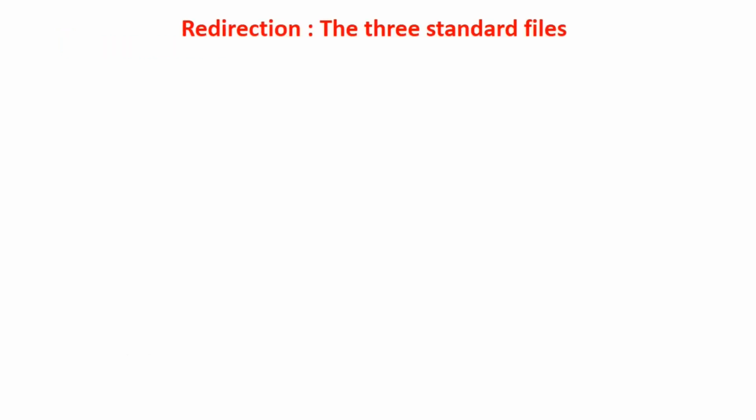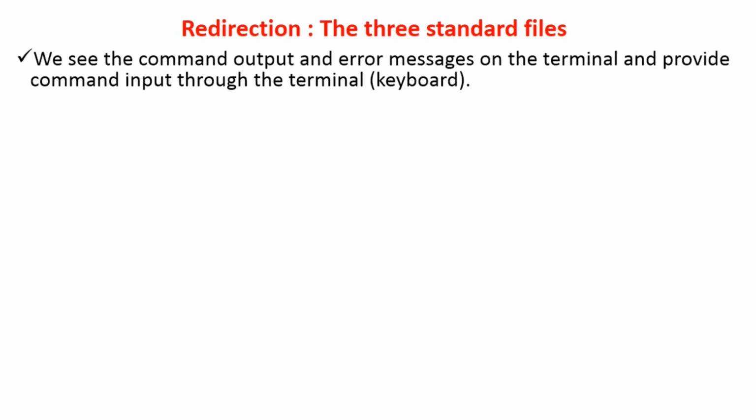Okay, so now let us discuss redirection. There are 3 different standard files available in any Unix system. Based on these files you are going to read, write, and get the different file errors or command errors. In a Unix system, while executing a command, you need to give the input and you will get the output. If the command is not valid, then you will get an error message on the terminal.